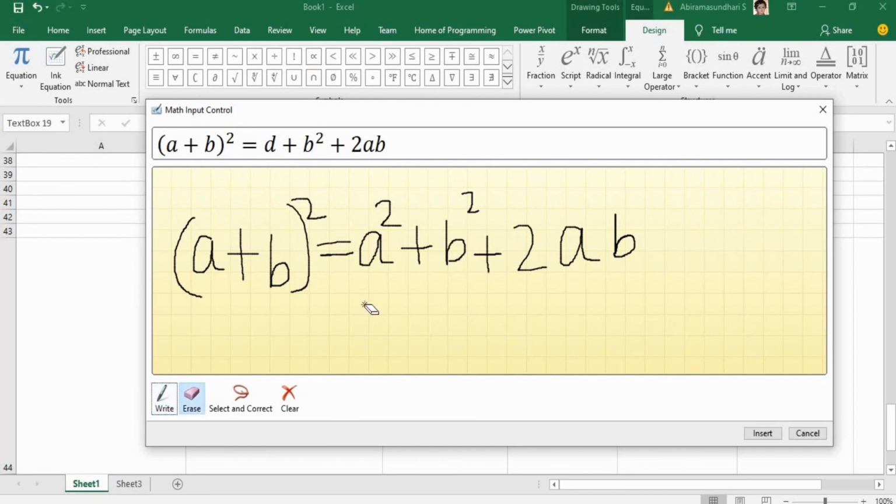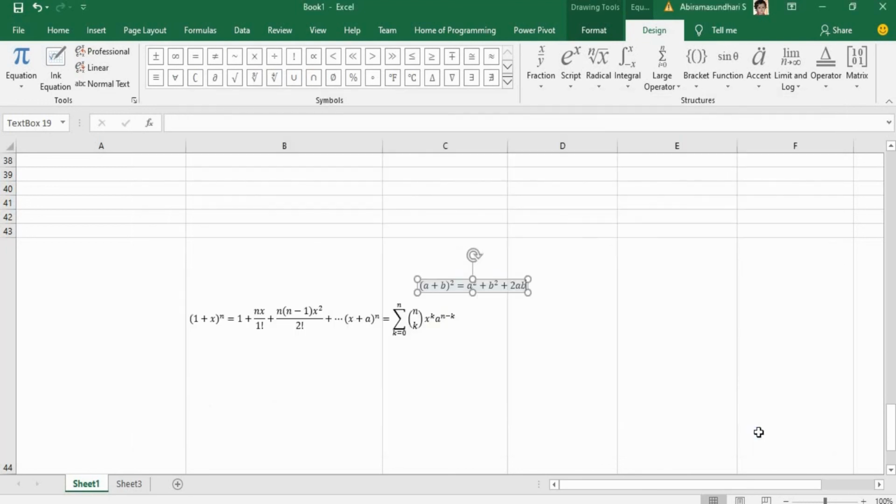So here it is printed as D, right? So change that. A square, right? So you can click on the insert button to insert the equation.